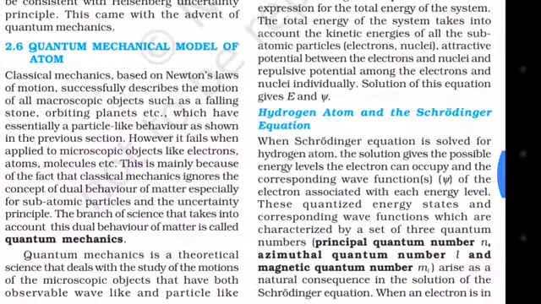Classical mechanics based on Newton's law of motion successfully describes the motion of all macroscopic objects such as a falling stone or orbiting planets, which have essentially a particle-like behavior as shown in the previous section. However, it fails when applied to microscopic objects like electrons, atoms, molecules, etc. This is mainly because classical mechanics ignores the concept of dual behavior of matter, especially for subatomic particles, and the uncertainty principle. The branch of science that takes into account this dual behavior of matter